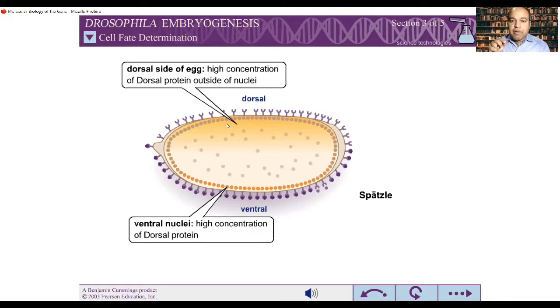Whereas in the case of the ventral nuclei, what happens? The dorsal protein enters into the ventral nuclei. As it enters into the ventral nuclei, on the ventral side of the cytosol, the concentration of the dorsal